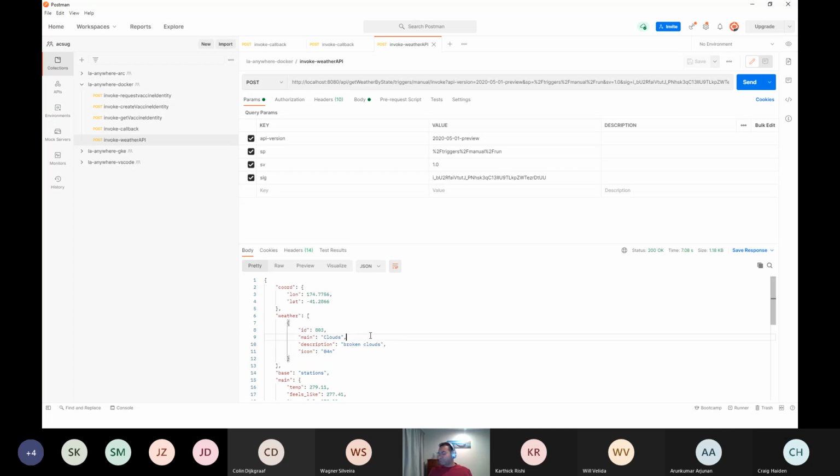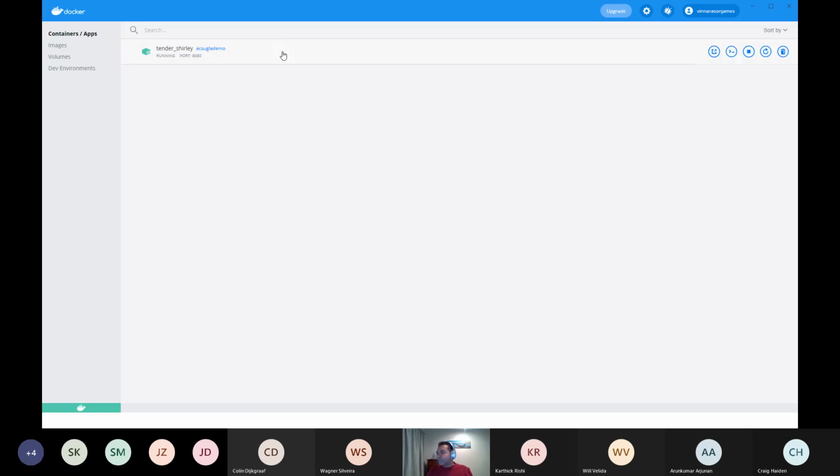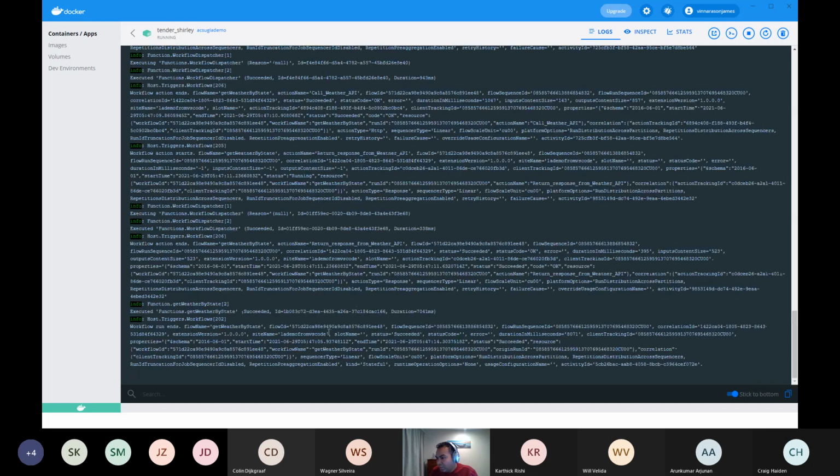I should be getting the other details back. Right, so this is actually hitting the logic app that is hosted in the container platform here. So how do I know? Like, the logs here, when you see it,